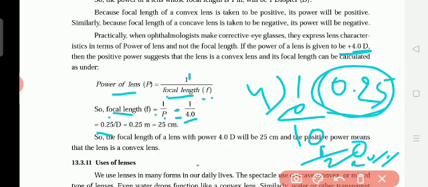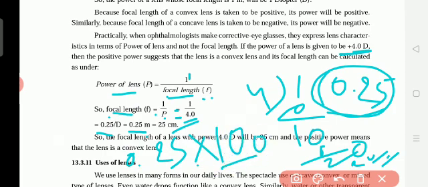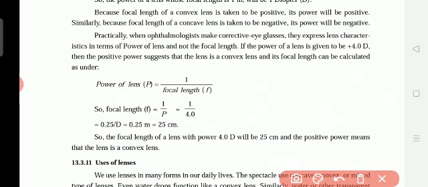0.25 per diopter, or 0.25 meter. We can change it into centimeter. 1 meter is equal to 100 centimeter. So since we are going from meter to centimeter, we multiply 0.25 into 100. When multiplying, there are 2 zeros, so the point moves 2 places. So 25 centimeter. Understand? So when we change the meters to centimeters it is 25. So that is why 25 centimeter. So this is the focal length.